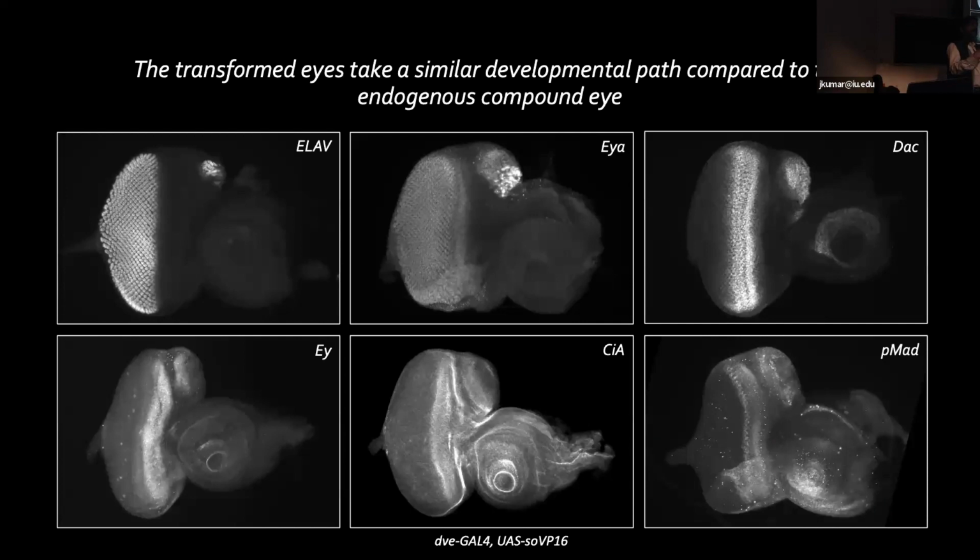Both Hedgehog and Dpp signaling are important for moving the furrow across. If you look at the terminal transcription factor of the Hedgehog pathway, Ci, or the phosphorylated version of Mad, which is the terminal part of TGF-beta signaling, in both cases there's a band where you would see the normal morphogenetic furrow. You can now see a second band of expression, showing you that there's a second furrow coming in from that dorsal head vertex. You can see that you now have clusters of ommatidia within the newly transformed eyes. We've looked at a bunch of other markers as well, and all of them show up just like they would in the compound eyes.